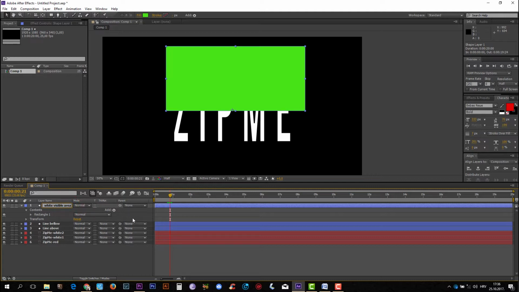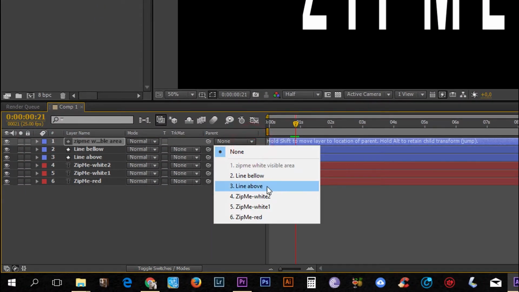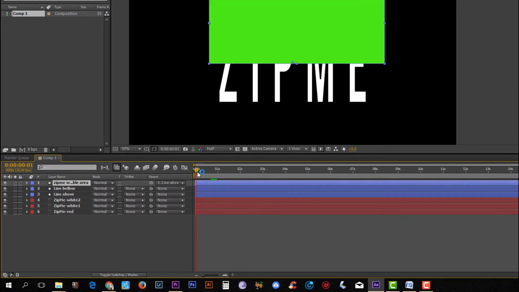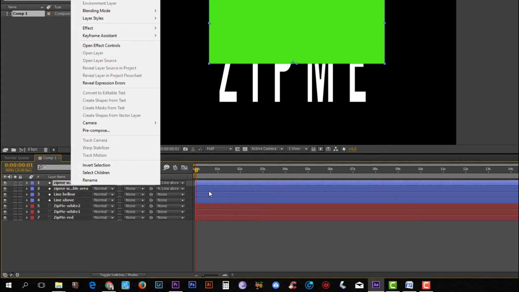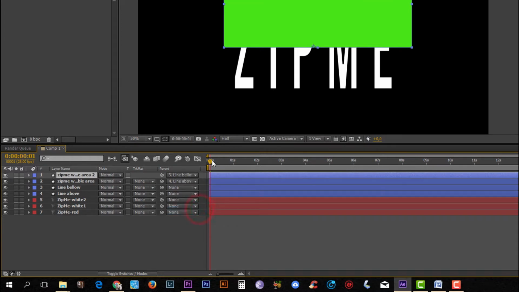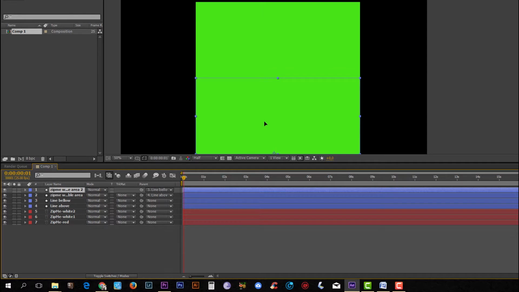ZipMe white visible area, and let's parent this one with line above. So when line above moves, this moves as well. Let's duplicate that one and let's parent it with line below. Move it to line below like this, and let's see. Yeah, so this green